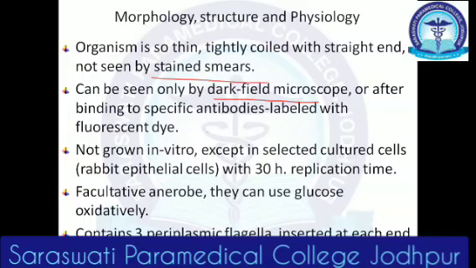Now, another important thing about this Treponema is that they cannot be grown in vitro, so we need to provide them the original cellular environment, like rabbit epithelial cells, and they need a huge amount of replication time, or what you can say incubation period, about 30 hours or more to grow and reproduce. Okay. And most of them are facultative anaerobes,